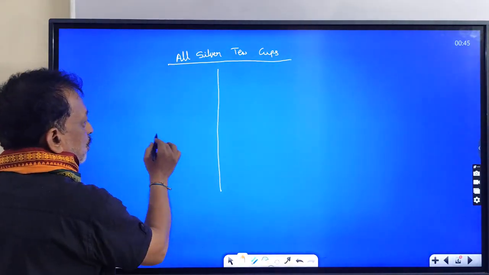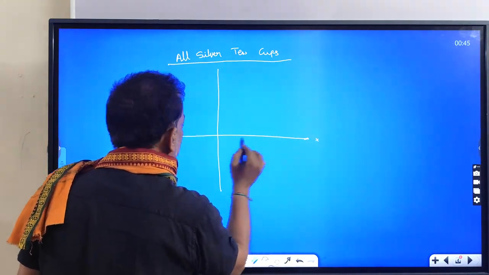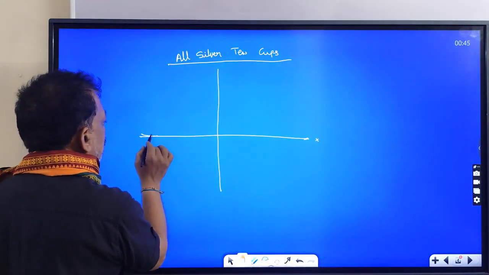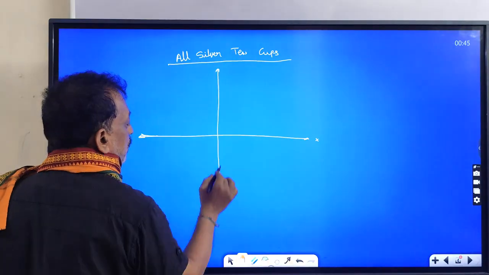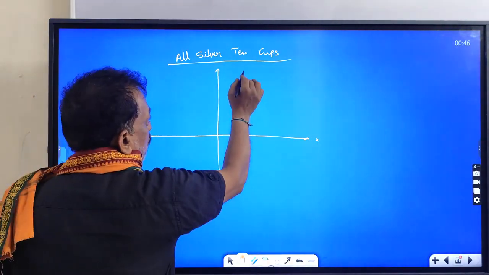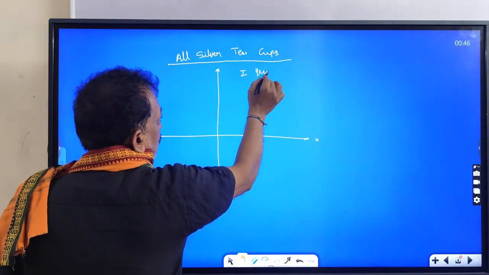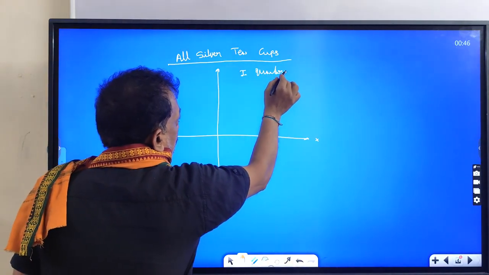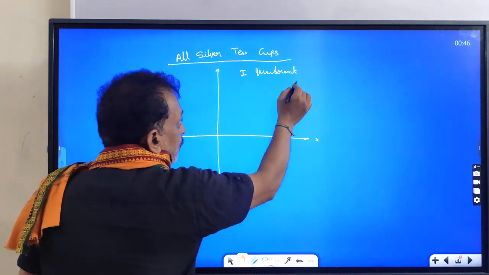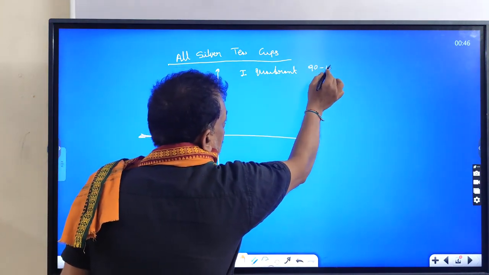All of you know All Silver Tea Cups. This is called the X coordinate. This is called the Y coordinate. So you are making the 4 quadrants. This is called the first quadrant. First quadrant is 90 minus theta